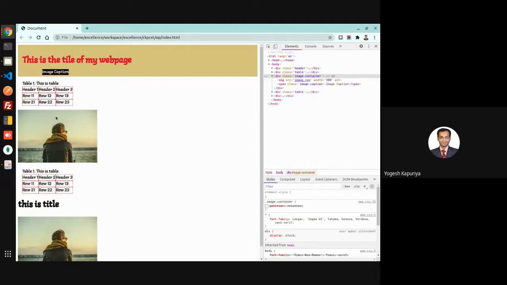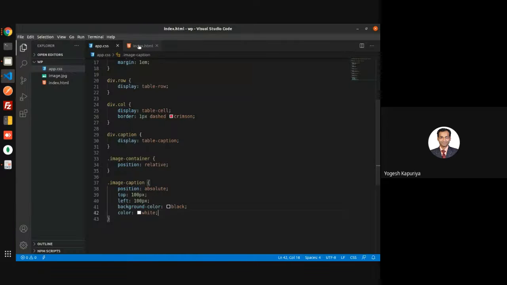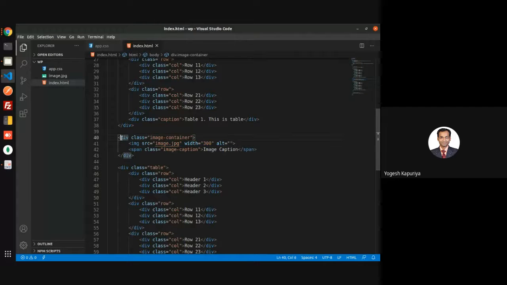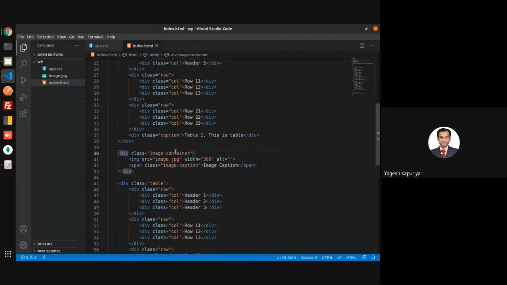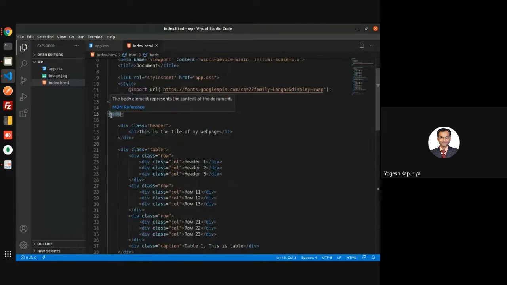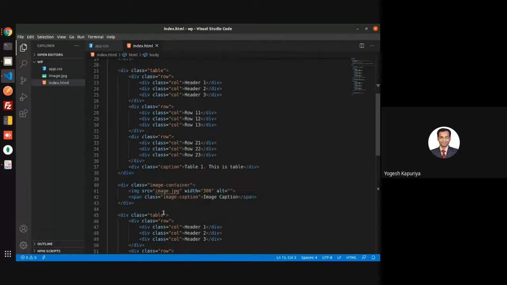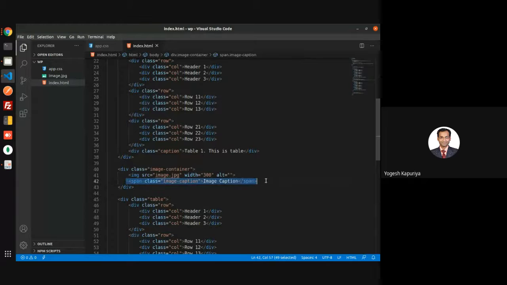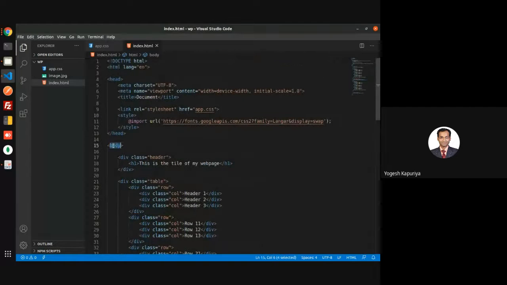So again it goes into that parent of parent. यहाँ से यहाँ पे जाएगा. If this is not relative, then it goes into the parent of that, which is the body. So then the position of this element will be with relation to this body.